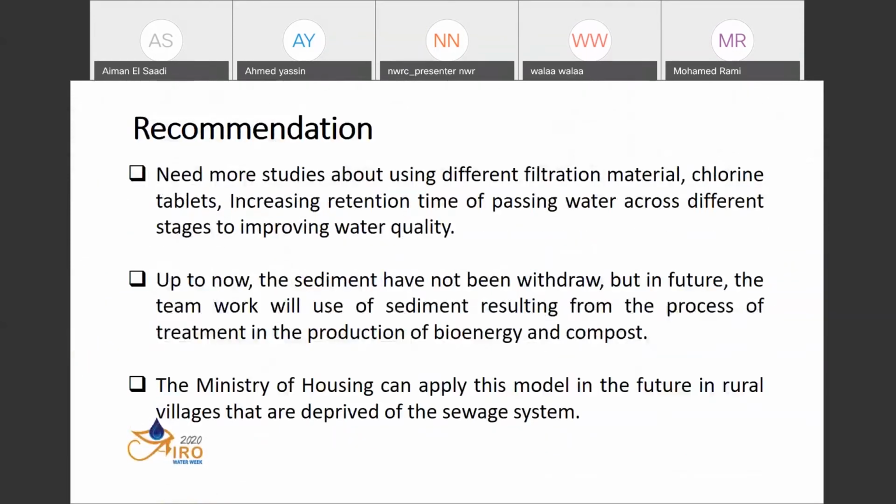And finally, we recommend more studies about using different filtration materials such as chlorine tablets, and increasing the retention time of water passing across the different stages to improve water quality. Up to now, the sediment has not been withdrawn, but in future the team will use the sediment resulting from the treatment process in the production of biogas and compost. We also recommend that the Ministry of Housing can apply this model in future in